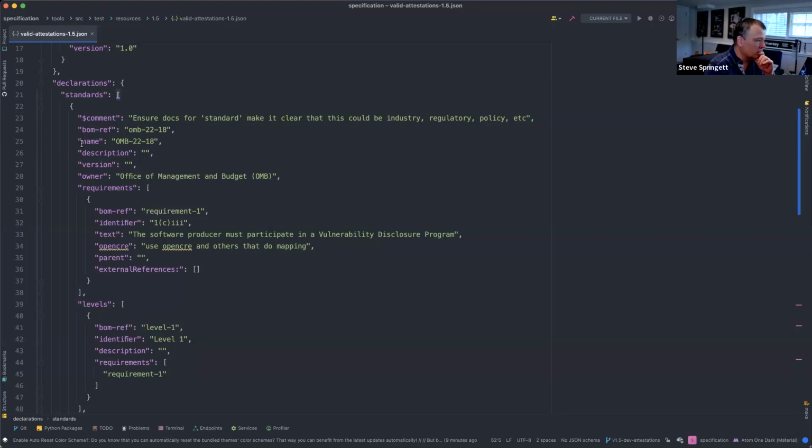Right. Can a BOM refer to an organization or anything other than software or devices? A ref can reference any object in CycloneDX that has a BOM ref. Organizations do not have one currently, but devices certainly do. I just kind of jumped ahead, trying to think, how do we refer to these organizations, either a subject or a target of evaluation.